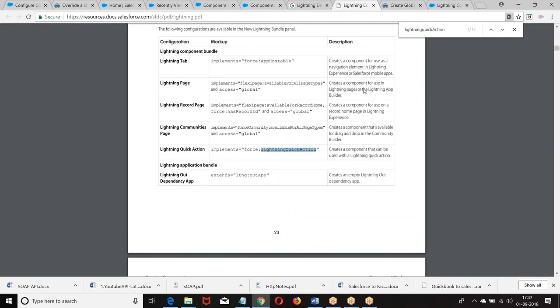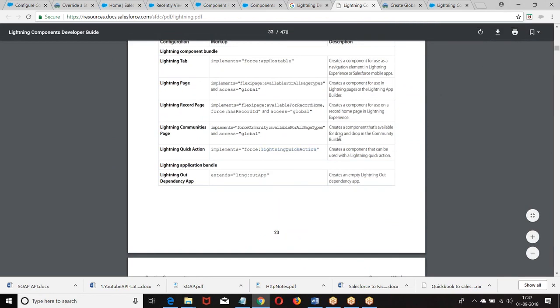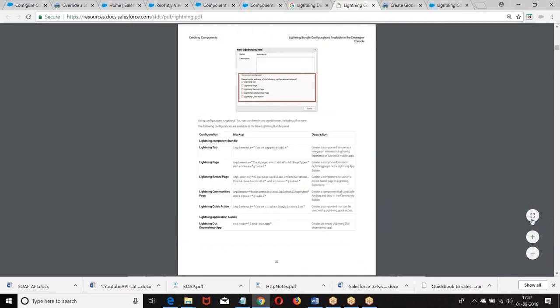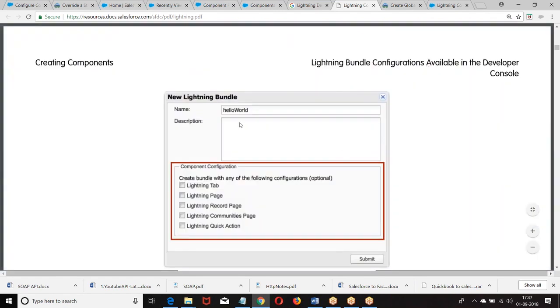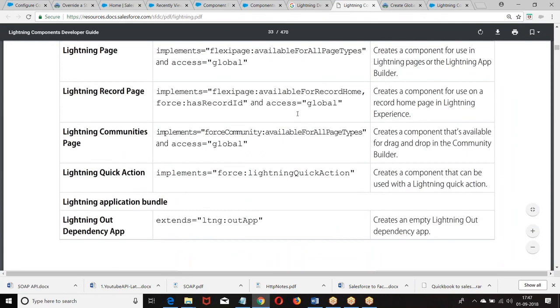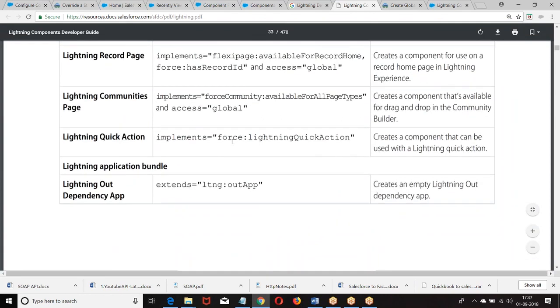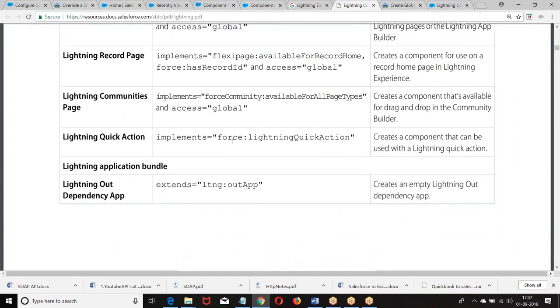So what was the interface we had here? Lightning implements force:lightningQuickAction.